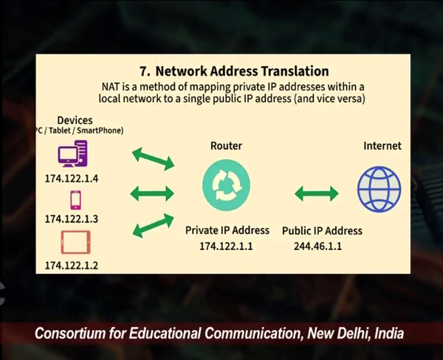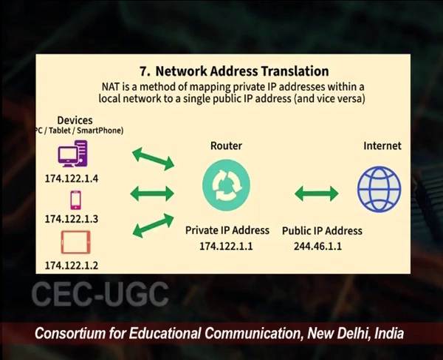That private IP address has become 174.122.1.1, and within that private IP address, the different devices which are attached to this network on which this router is operating. On the left side you can see there is a smartphone, then there is a computer, there is a tablet. So, different devices. All those devices are now having